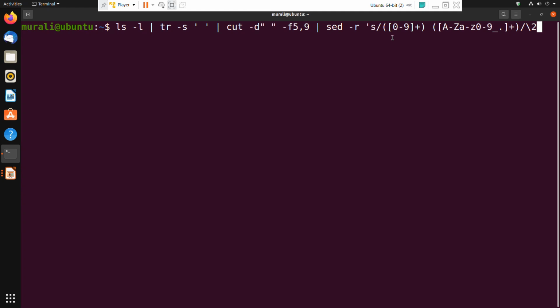So the 5th field I am handling here, and the 9th field here. First the name of the file is \2, and then the size of the file is \1. So first the second remembered pattern, then the first remembered pattern: \2 \1. Then I close the substitute command with the second slash, then a single quote.